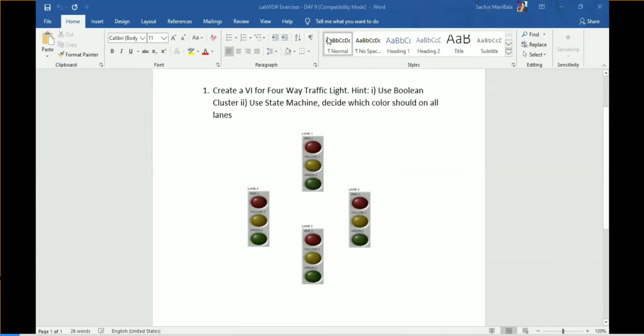Today we are going to discuss the next topic. Yesterday we completed the sequence structure, then we went to the state machine architecture. Last, I spoke about design patterns in LabVIEW. In design patterns we discussed the simple VI, the general VI and the state machine. Till now we have two design patterns available, and we are also going to discuss the global variable.